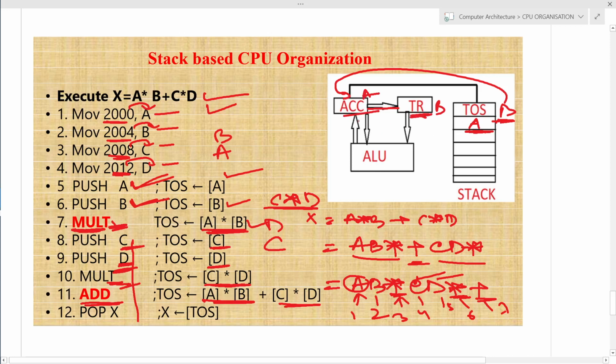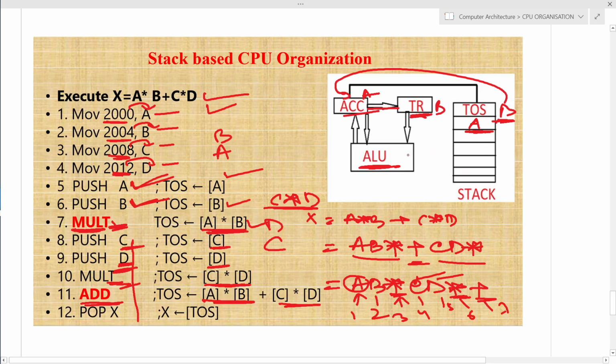If it is multiplication, then it will be A star B. This is performed by the ALU based upon the control signal generated by the control unit. In this case it is mult, or multiplication. Then the result is pushed again to the top of the stack identified by the stack pointer.